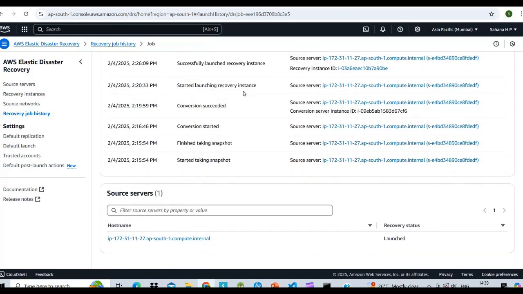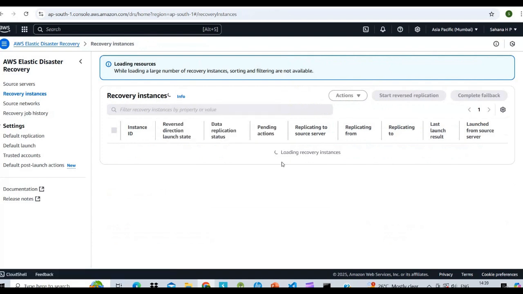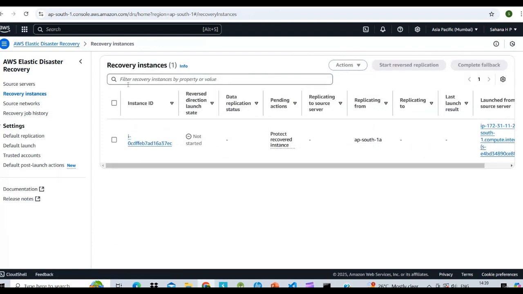Only when it successfully launched the recovery instance can we recover the instances. Then come to the recovery instance. Here it contains where it came from and which one is launched from the source server, and all the details of the recovery instances from the source server to the recovery instance.